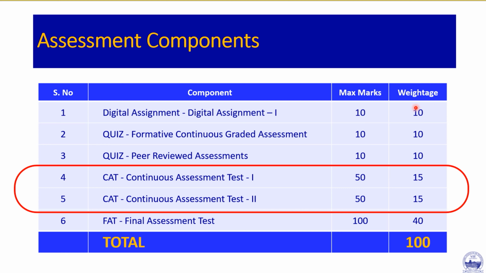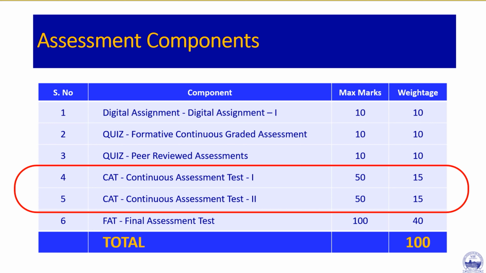But if you see here, each of these three also have equal weightage. And these things will be designed in a manner that if you put in your effort, you will get 30 marks. If you do well in your quizzes, again, it's automatically graded. If you get the answers right, marks are going to come directly to you. So automatically quizzes will give you 10 marks. Peer reviewed assignment, if your peers are able to feel that your work is really good, 10 marks go straight to your grade book. Of course, if everybody gets 10, again I'll be finding that something is very fishy. So please don't get into that trap.